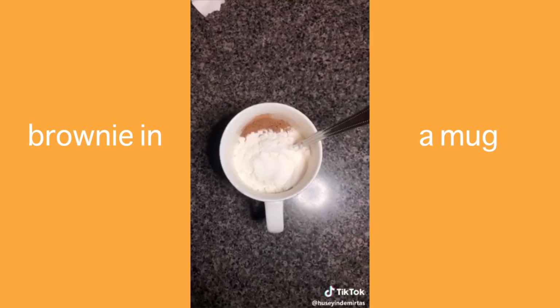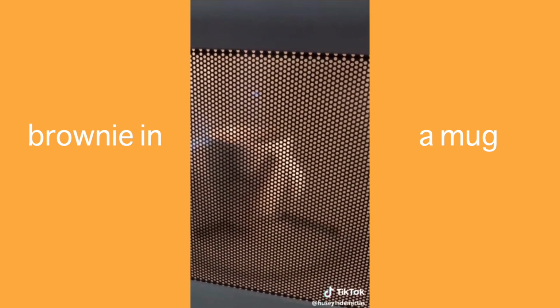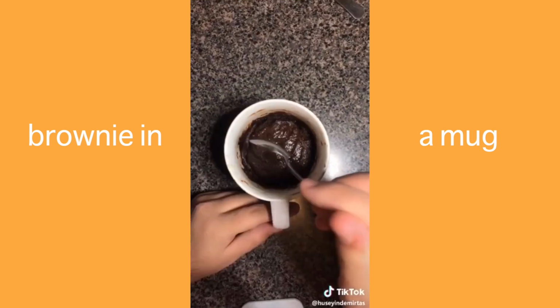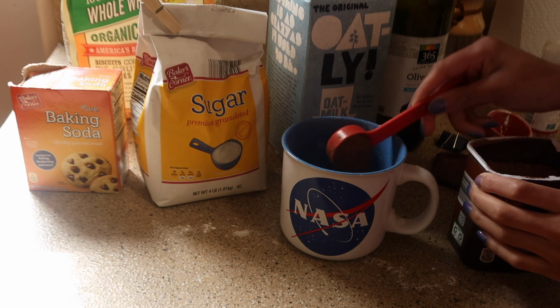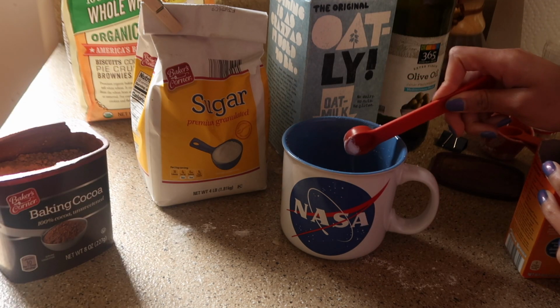So the next recipe is a brownie in a mug, and I couldn't find the actual recipe that I based mine off of, but this one was pretty similar. So all I did was add half a cup of flour. I used 2 tablespoons of cocoa powder, a little bit of salt. I added an 1/8 tablespoon of baking soda